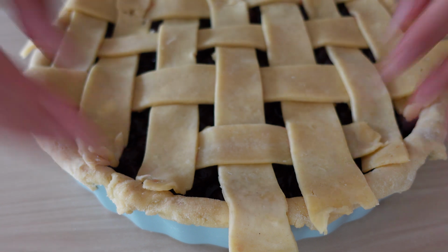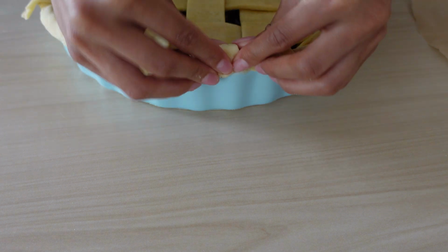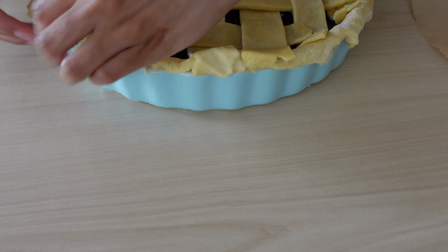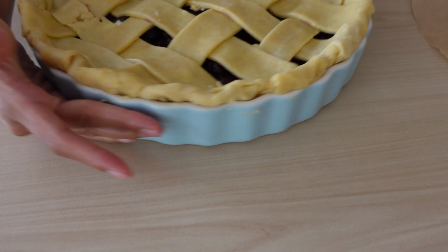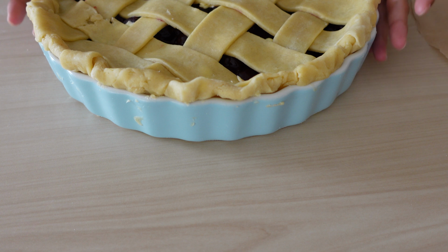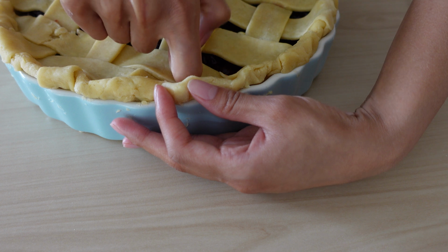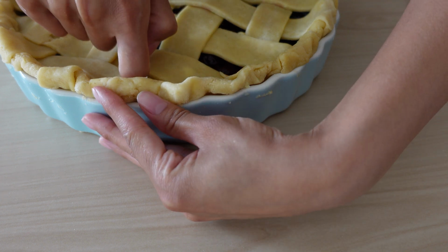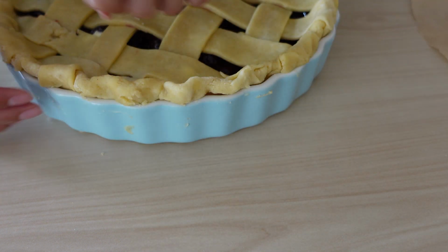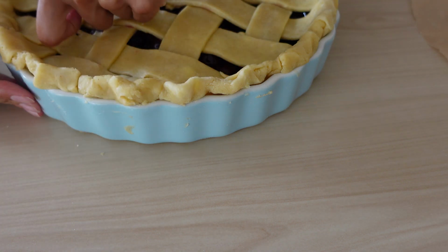Now what I do like to do is these little overhangs that we get around here, I just fold them over with our excess dough. And what I like to do with these excess overhangs that you can see here is I like to form a sort of crimp. So I don't know how well you can see this. I basically pass two fingers, like my thumb and my index, and then my other index I just push like so. So it's just so I can follow the crimped design of my pie dish, and it just helps smooth out any of those final imperfections in your dough